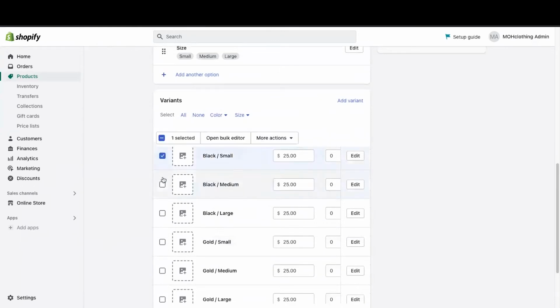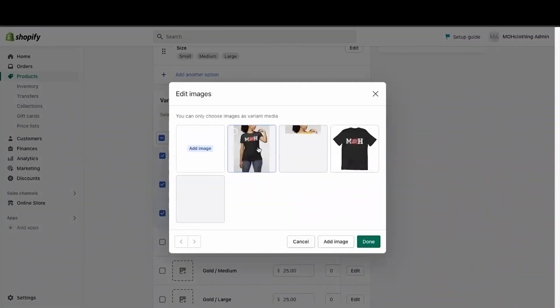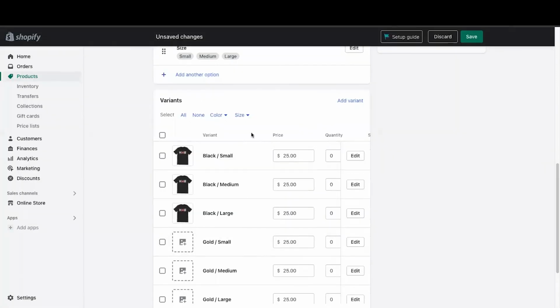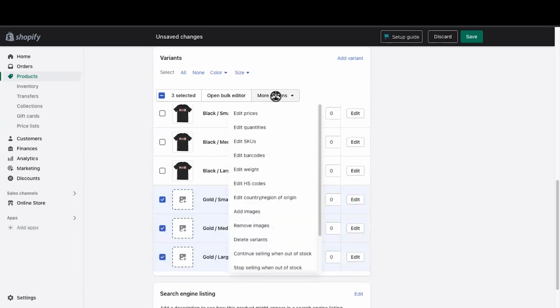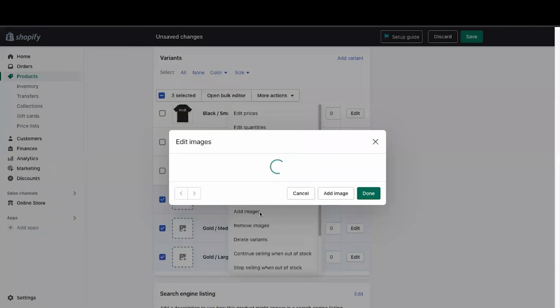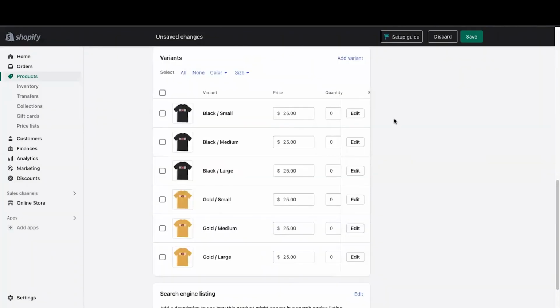So we want to select all the black. We want to let them know we want to add images. Black. This is the product images. This will show in the tab. This will show when they change variants on the page. Like if they chose a gold shirt, it'll show a gold shirt. That's what we want. We want cohesiveness. We want people to feel